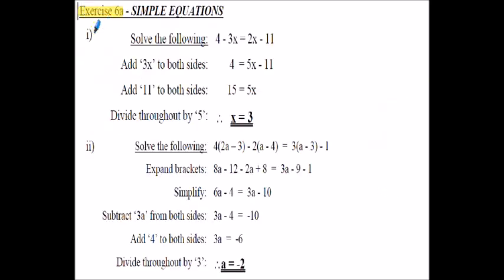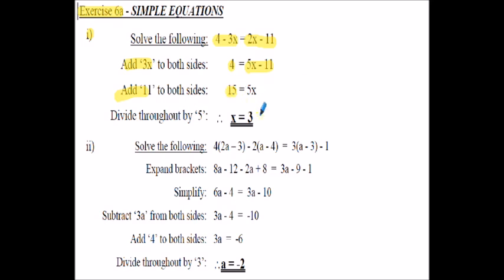So exercise 6a, part 1, we're asked to solve 4 minus 3x is equal to 2x minus 11. Now don't forget the essence of the solution is to get all the x's onto one side, all the numerical values on the other side. So the first thing I'm going to do is add 3x to both sides. So I will get 4 on the left hand side, and then 2x plus 3x is 5x, and then take away the 11. Next I'm going to add 11 to both sides, so I will get 11 plus 4 gives me 15